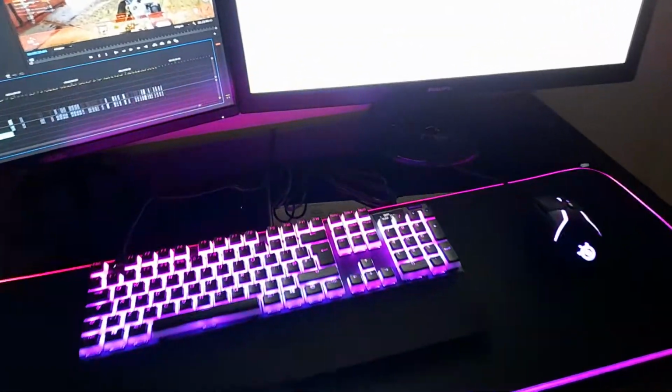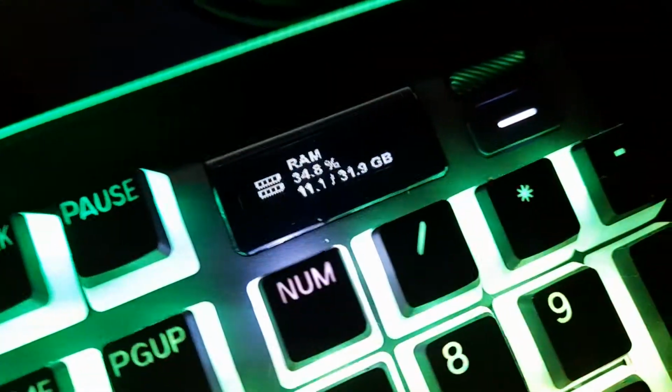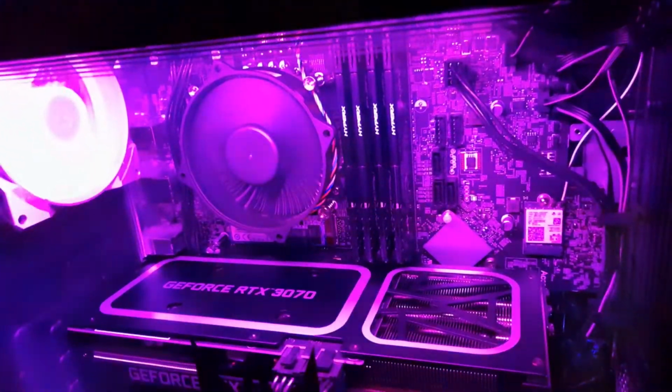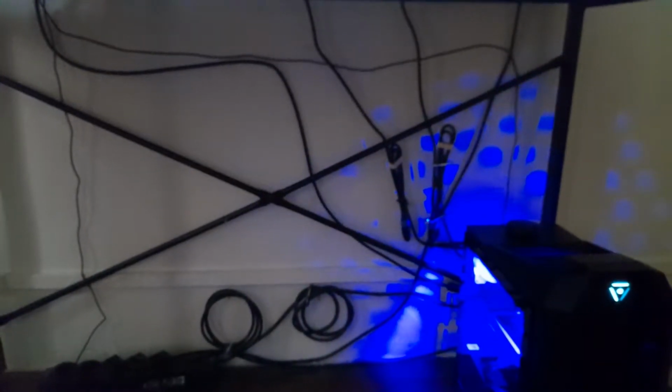So there you go. I'm guessing everything is done. I actually have the 32 gigs of RAM. So yeah, that's memory. My keyboard displays it. And heck yeah. We're good now. Plus cable management, well, might need an update, because it's still disgusting looking, but